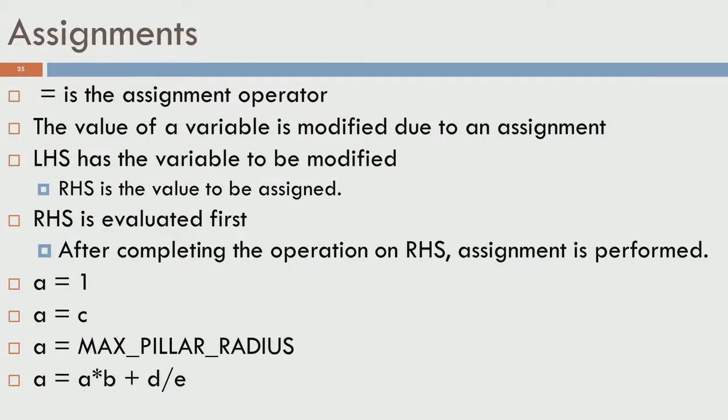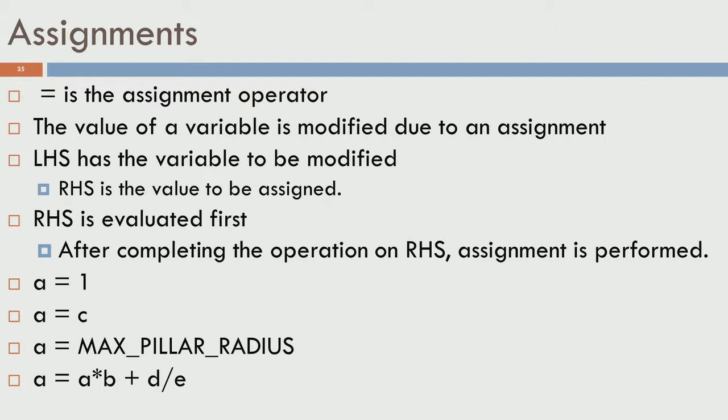This is going to be repeated in a loop. You pick the instruction, you pick the data required for it, you do the operation, store the result, go back and pick the next instruction, and keep doing this till there are no more instructions for the particular program. Let us take a careful look at what the assignment itself means. The equal symbol that you saw is called the assignment operator. When you see P2 equals A into C, you multiply A with C and the result is assigned to the variable on the left side called P2.